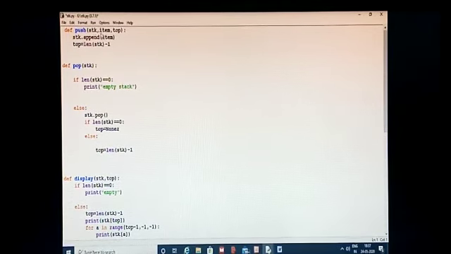Now what will happen? I have passed 3 parameters in the push. stk, this is the list. Item, this is the element which has to be inserted into the list. And top, we are going to change the top for the display.